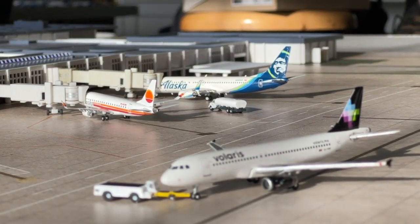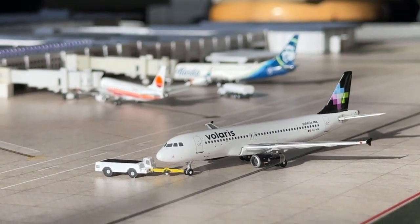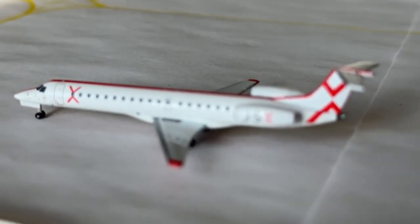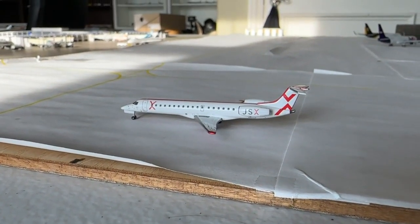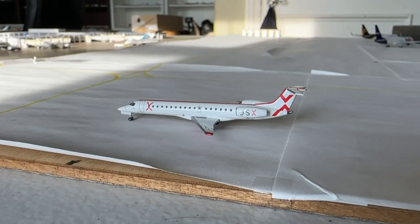So just for fun, I'll focus back into Volaris just to change it up a little bit. In fact, I'll try to, that is. So looking very good right there. We have some taxiers over there, but that's kind of some of the big talking point for today. So I'm actually going to start with the cargo and, of course, JSX. So here's the Embraer ERJ 145. Aircraft's currently coming in from Orange County, and now it's going to be making a nonstop flight today over to,